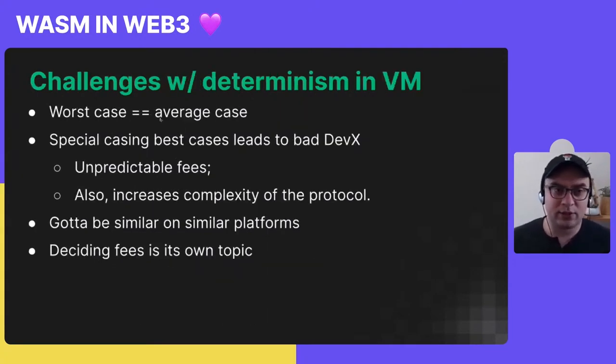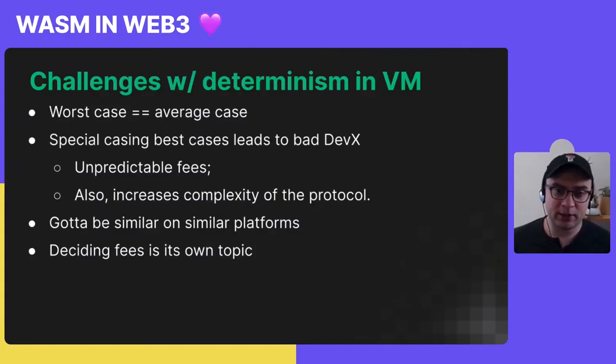We also had lots of challenges with determinism in the virtual machine. Well, first of all, as all of you know here, the worst case scenario in the blockchain space is basically what determines the fees. Usually, it's not the best case scenario, because if you optimize your fees to target the best case scenario, then your blockchain is going to be vulnerable. Someone might be able to trigger the worst case scenario. So yeah, the worst case scenarios dictate the fees, which dictate TPS on your blockchain at the end of the day.